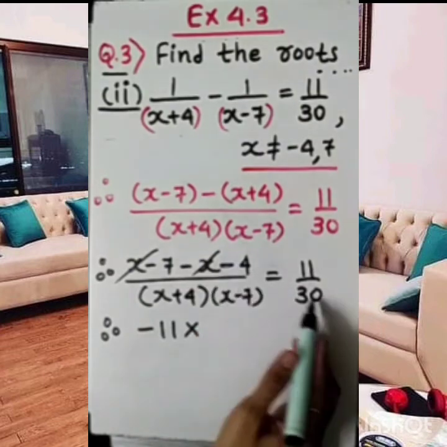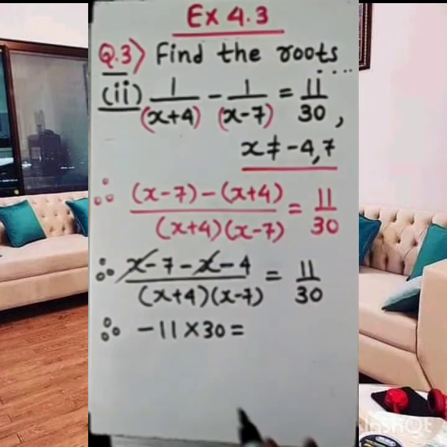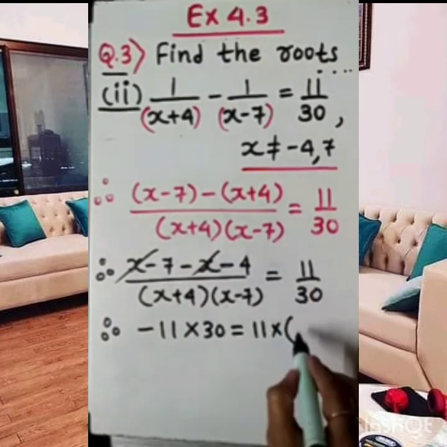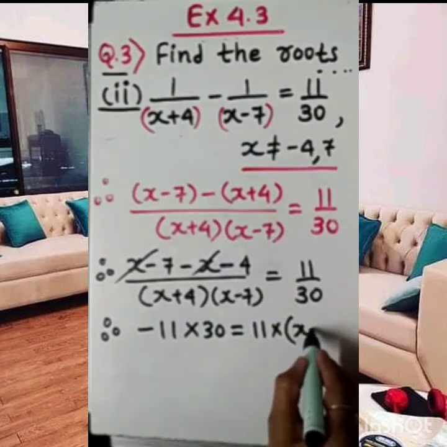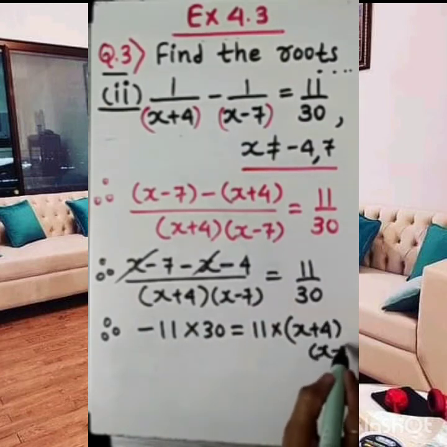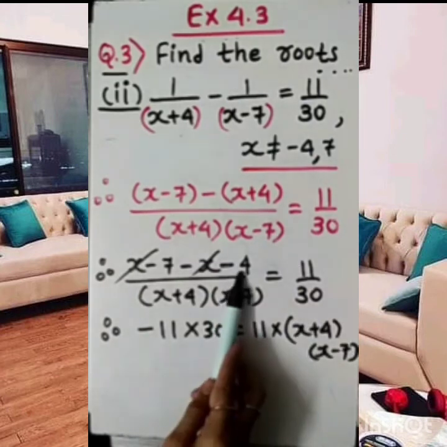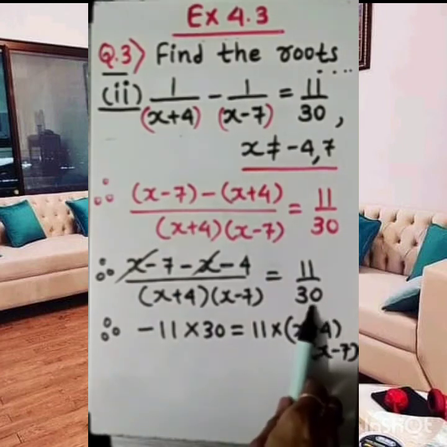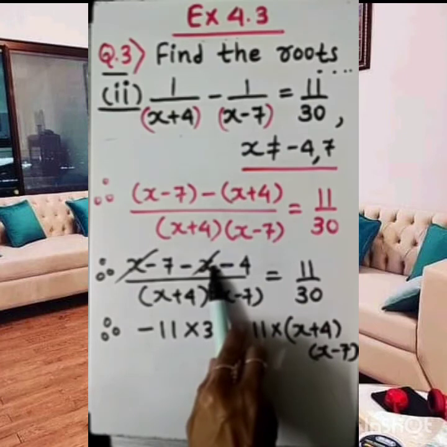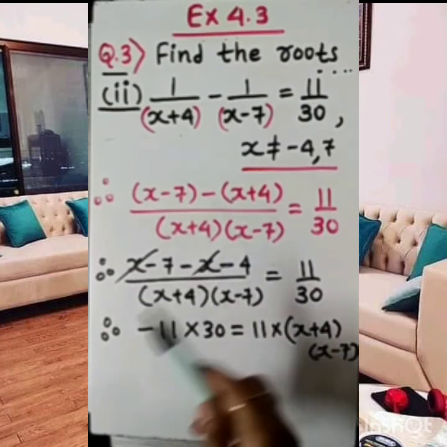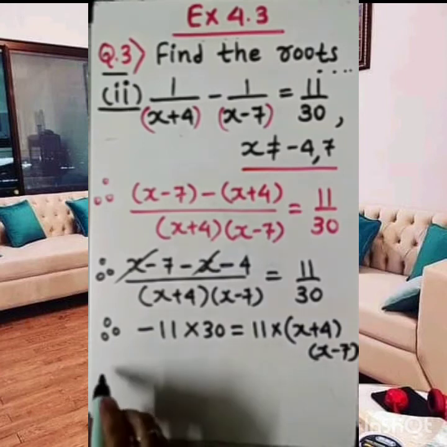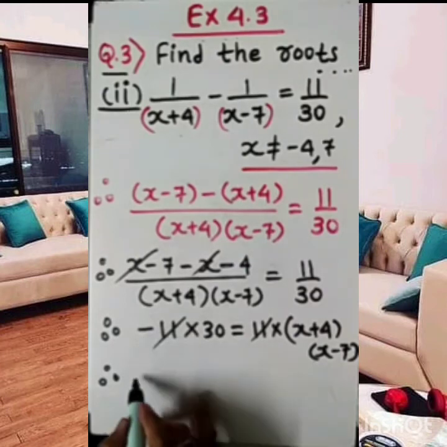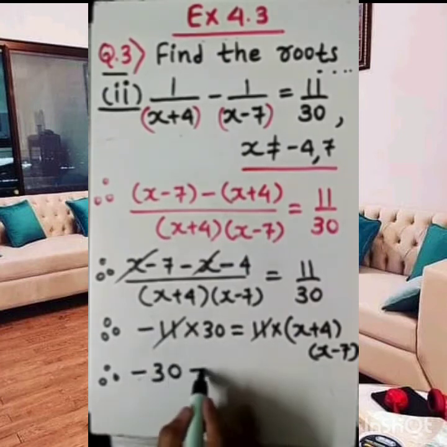Now minus 11 is on this side. This will be cross multiplication. So 30 will be multiplied to this side, and 11 is already here, and on this side I am going to multiply both of these terms to this side. Cross multiplication, if you know very well, nothing I have done. Here minus 4 minus 7 is minus 11. Now it's simple. I multiply this 30 with this numerator, and both of these terms will be multiplied to this side as a numerator. You can see, dear student, you can cancel 11 on both sides, and minus 30 will be left along with the minus sign, equal.